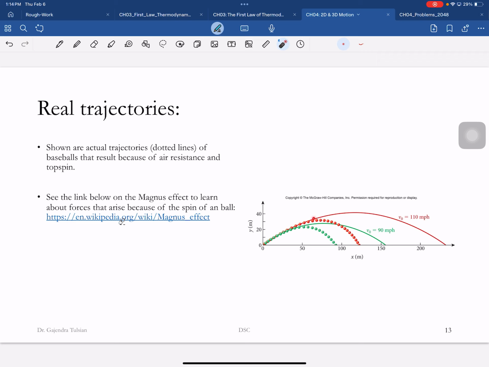And in most sports, so in tennis, if you put a top spin, there's something called the Magnus effect. Okay, so you learned this in chapter 14. So if a tennis ball is going like that, and if you give it a top spin, what it does is it drags the air like that. This air is traveling faster than